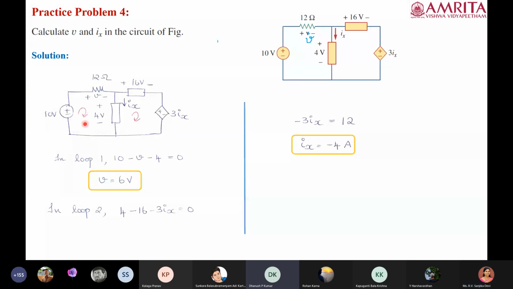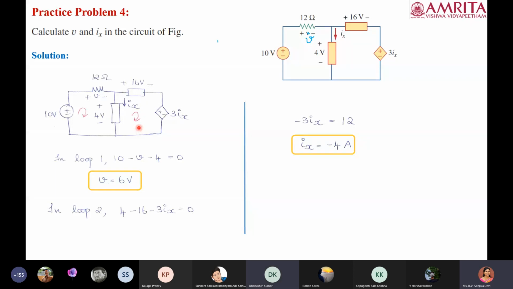For the resistor, you can consider it as 12 I1. Yes, you can do it, but the thing is, V is what we have to determine, right? So even if you are taking a current direction, you will find what is I1, then you will write V is equal to 12 times I1. That is also fine. In that case, the number of equations will increase. Yes, this comes with practice, because since you are doing it for the first time, there is no mistake in taking I1. You can take I1, then you can take I2, find what is I1, I2, and then you can find what is V and Ix. That is also fine.